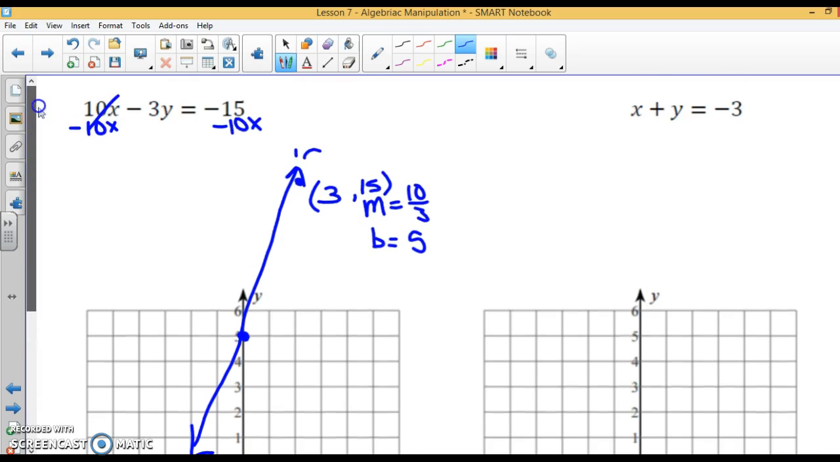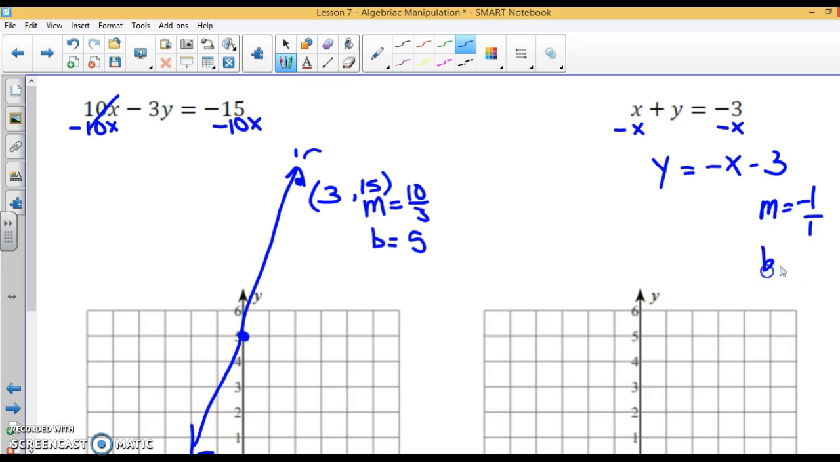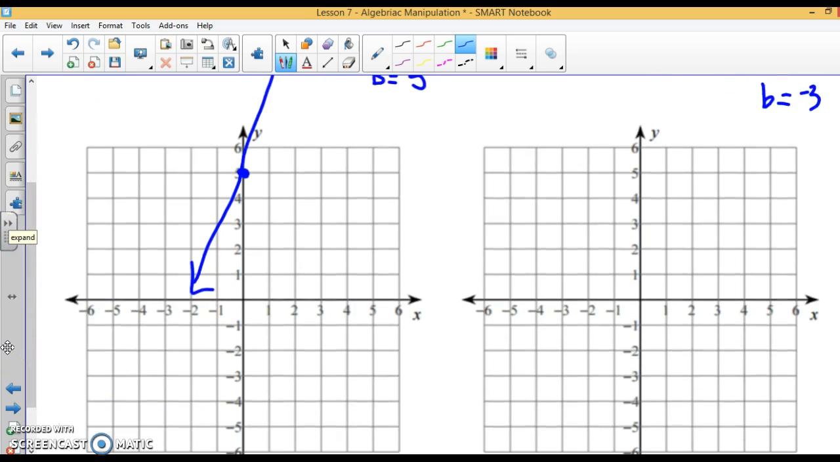All right, let's look at the next one. Let's transform this into slope-intercept form. This one's easy. Subtract x from both sides. So I have y equals negative x minus 3, and I'm already in slope-intercept form. My slope is negative 1 over 1, and my y-intercept is negative 3. Let's graph it. My y-intercept is